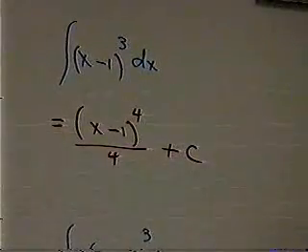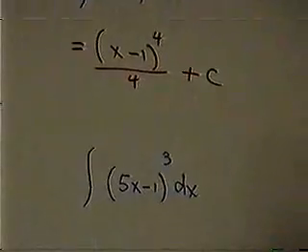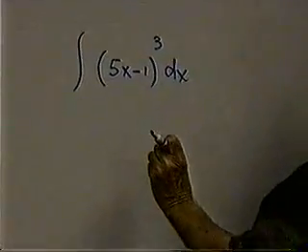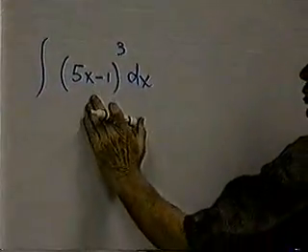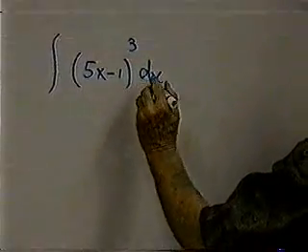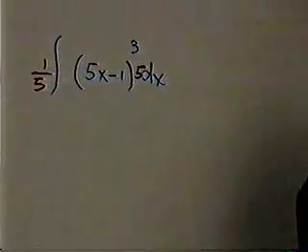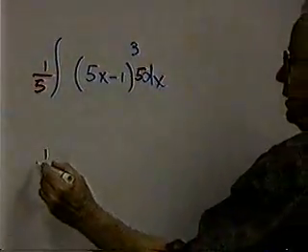All right, next example. We have a parenthesis to a power. Now, what is the derivative of the inside of that parenthesis? Well, it's a 5. So I'll go put a 5 here, and I have to put a 1 over 5 out front. And now the answer is